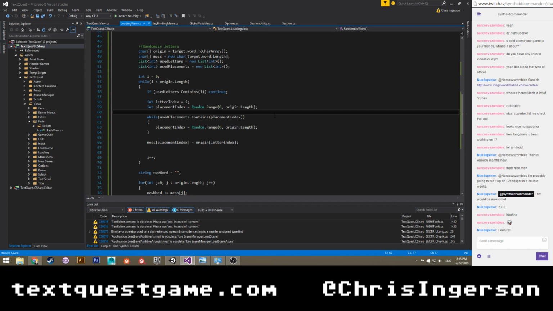Hmm. Placement index is random. Letter index is not. This is probably something stupidly simple that I'm not thinking of.